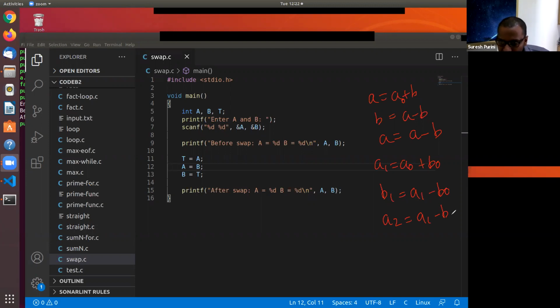So what is the value of A1? A1 is equal to A naught plus B naught. Are you with me here? So B1 is equal to A1 minus B naught, which means B1 is equal to A naught.